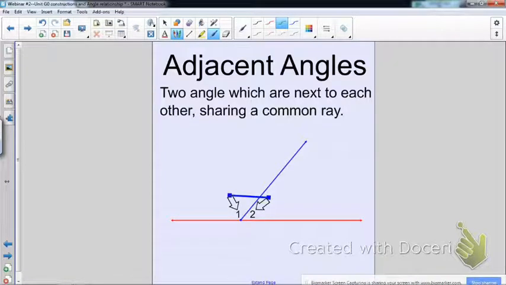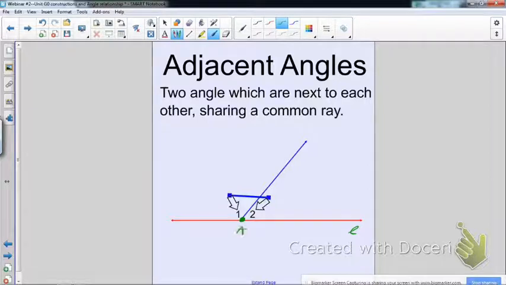So, adjacent angles are two angles. As you can see, we'll call this one 1, we'll call this one 2, and they are right next to each other. They share a vertex, as you can see here, and they have a common side. The side is this blue ray that you see here, and the vertex is basically where the ray begins and it hits this line. We'll call this one little l, line little l, and we'll call this one ray